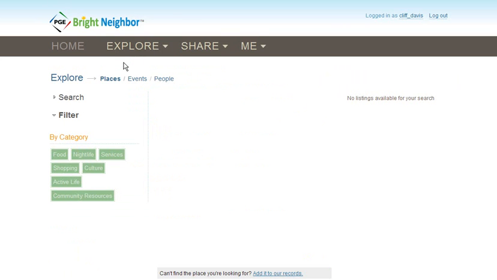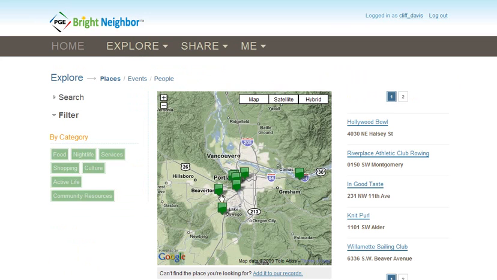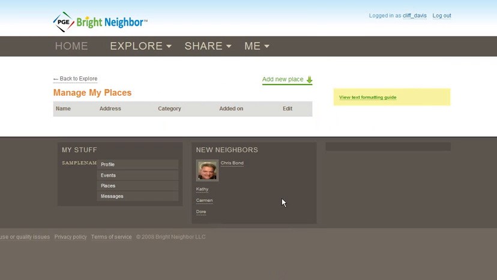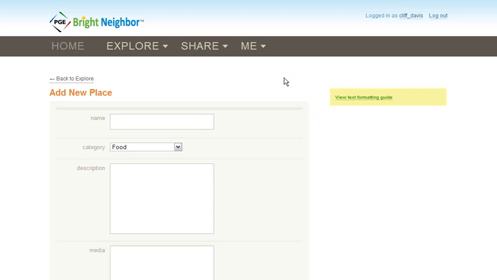Whenever you have a place to add to BrightNeighbor, it's easy. Right here, there's a link called Add It to Our Records. Whenever you're going to add an event, you'll want to make sure that the place is in the system first. So I'm just going to do an example of adding a new place, and we're going to call this Garden. And it's a food category, so I'm going to leave it in food and say, this is a cooperative garden